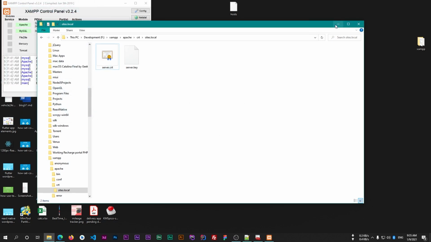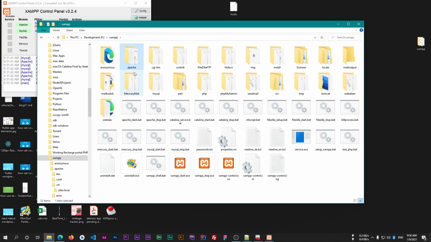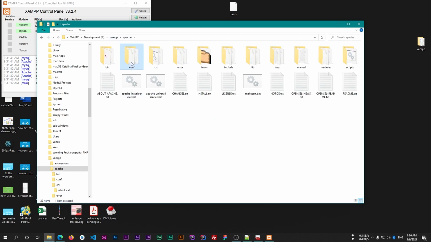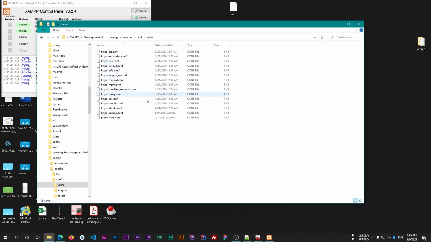Now we have to create a virtual host for our new site. So go to the XAMPP directory again, go to Apache, then conf, then extra, then the httpd-vhosts.conf file. Open this in any text editor.